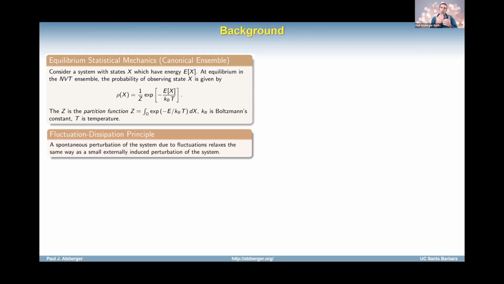If I were to perturb the system from its natural resting state, and then I turn off the magnetic field, everything relaxes. That tensor showing how things relax, we're going to assume is the same type of relaxation I would see if I spontaneously achieved the same state through an internal thermal fluctuation.